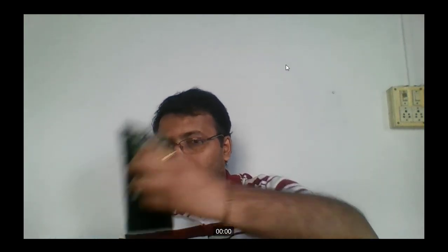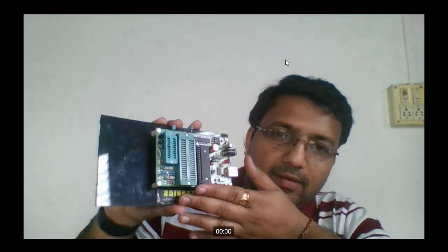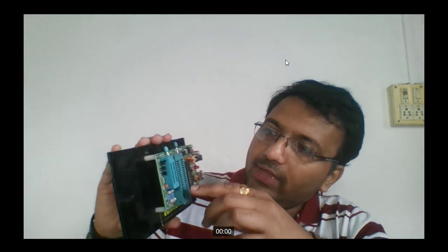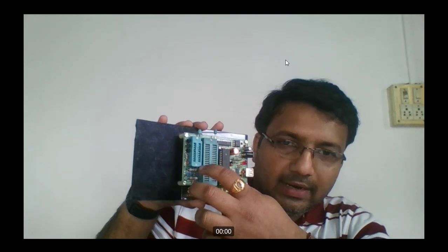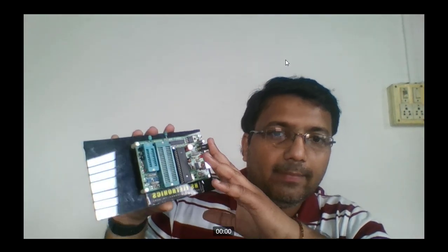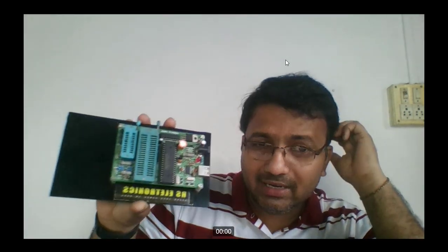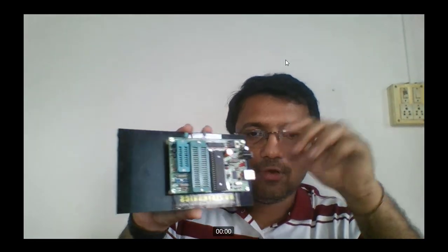So this is about one programmer, the TL XP Pro. I will show you the software afterwards, which software it uses. I also have another programmer, designed specifically only for the 8051. Here we can have an 8051 chip, a 40 pin chip, and a second slot is available for a 20 pin chip, that is 2051 or anything. Only the 8051 or 89S series microcontrollers are supported. This is low cost, around 1,000 rupees, just for programming the 8051. So there are two different programmers.